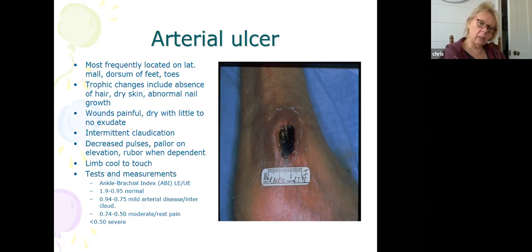Okay, so you do an ankle brachial index or you do a Rubor dependency test. Those two things are done for arterial problems. You could also do an arterial Doppler, but it would be done in the hospital or in some kind of ultrasound facility where they could do a Doppler and look at the blood flow of the vessels. You could do a venous Doppler or an arterial Doppler. But these are just tests that are done to see if somebody does have an arterial ulcer.